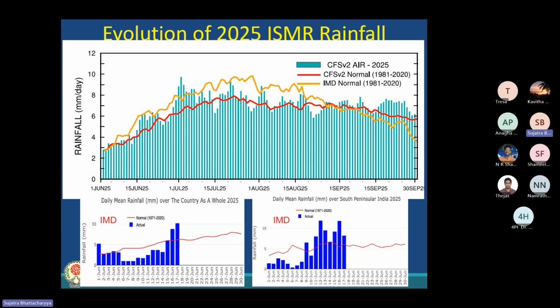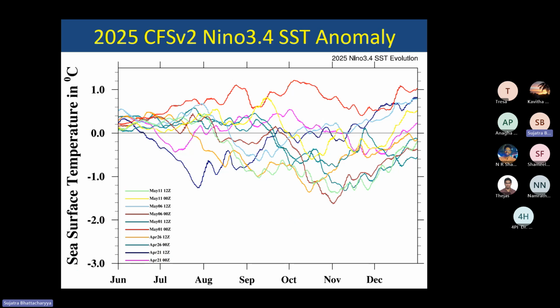And this is from the IMD website, up to yesterday. You can see that there was a break spell here, and again the monsoon got revived. This is for all India. This is for the southern peninsula region, and you can see there was a very good heavy rainfall spell in the last week. The IMD forecast says it is going to end by today or tomorrow, and there will be another spell of break. Then one more active spell is coming. And I also wanted to show how, in our study, we found that